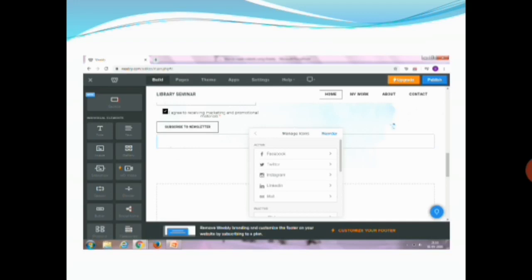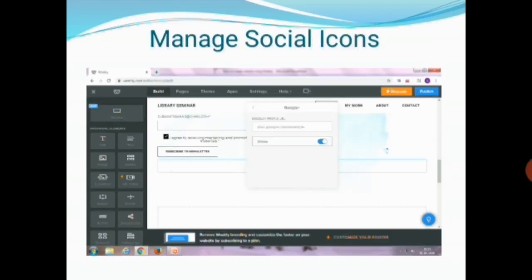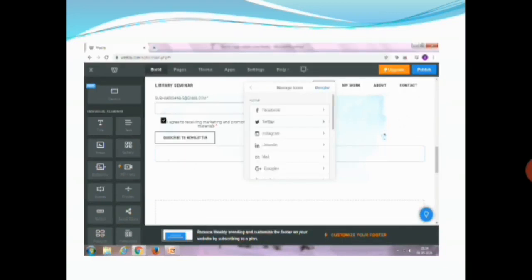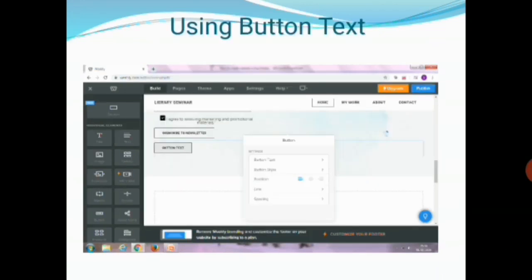If you want to add some more social media, you just drop down the cursor, and you will see some other social media are inactive. You just click whichever you want, and automatically it changes from inactive mode to active mode. Now you can see Google Plus is in active mode. You can easily share your data to social media.